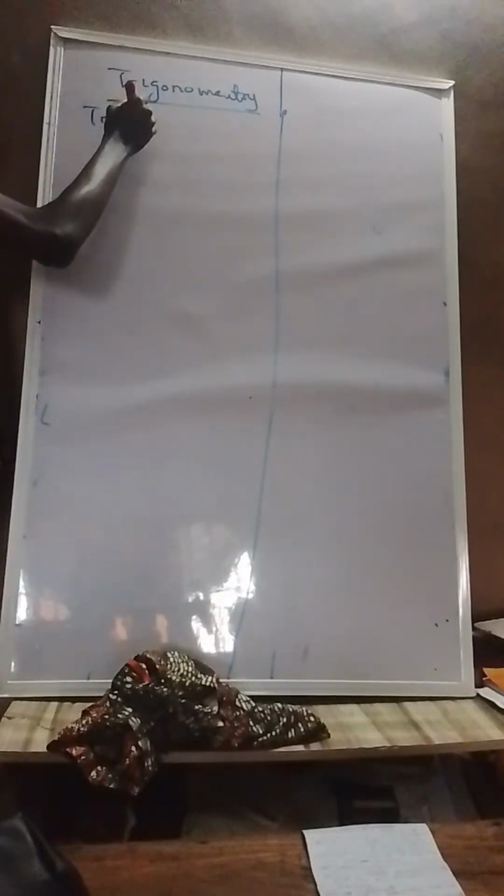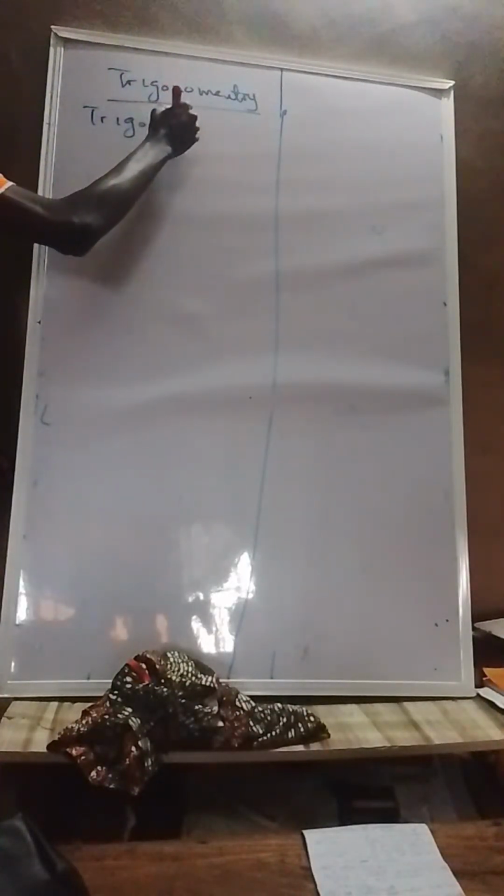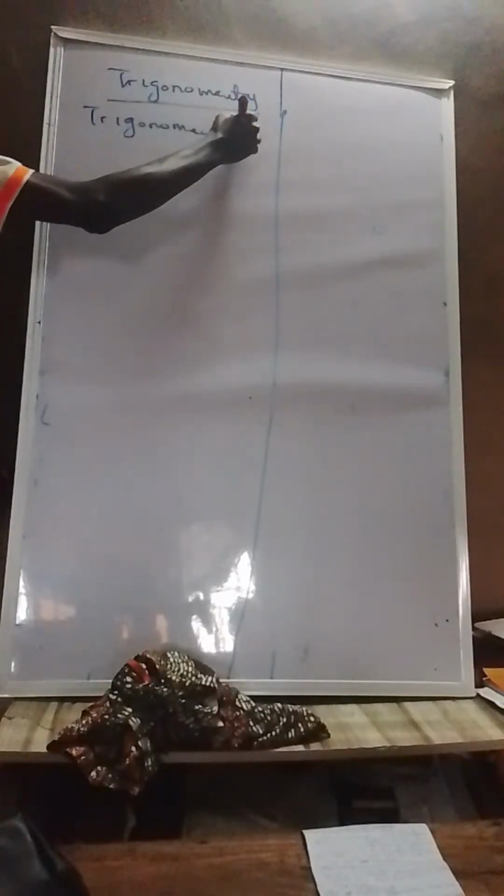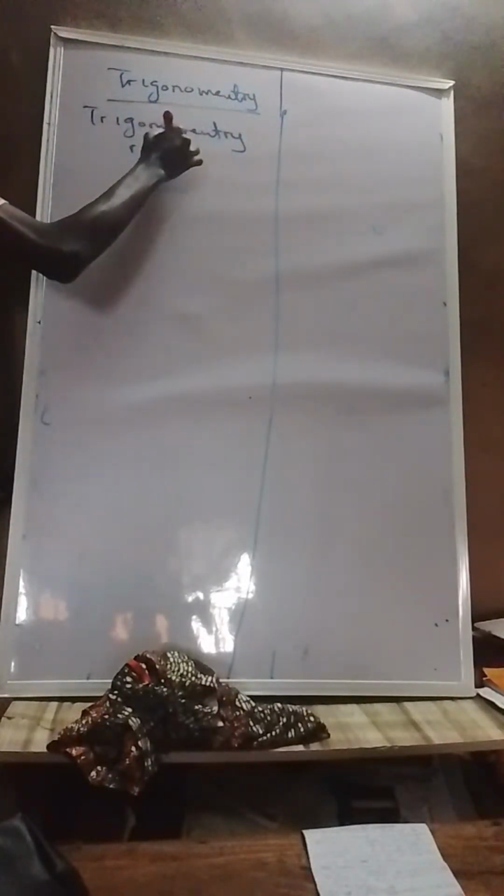We need to talk about this particular topic. But this thing, it has so many branches. But what we want to talk about actually is trigonometry ratio. Don't forget that this trigonometry ratio comes with the aid of